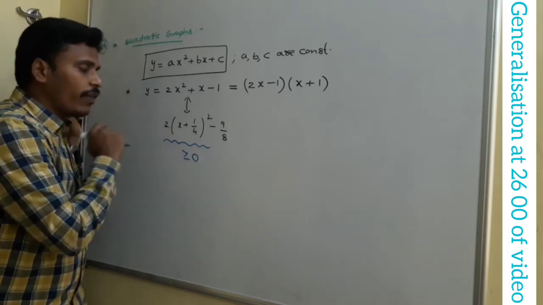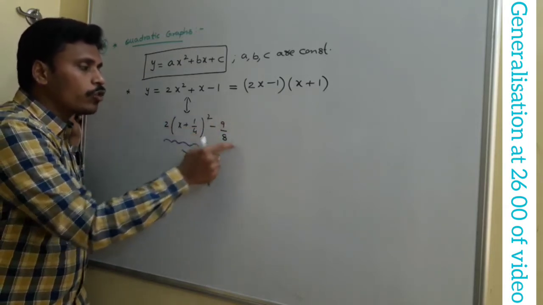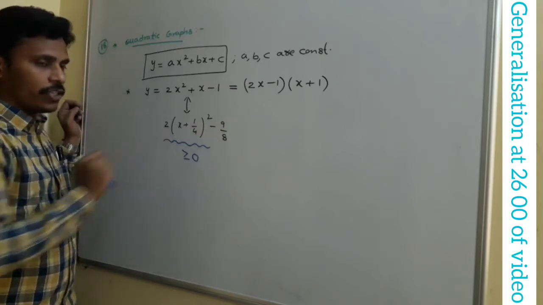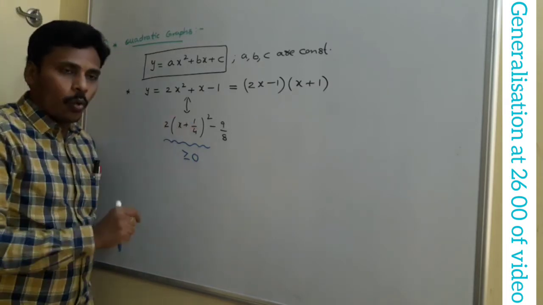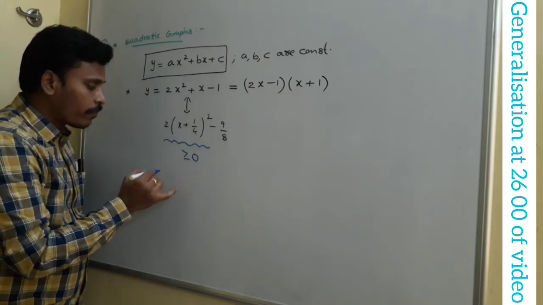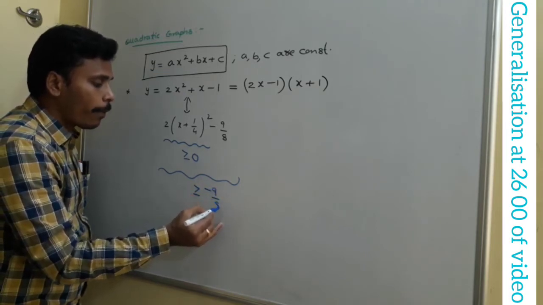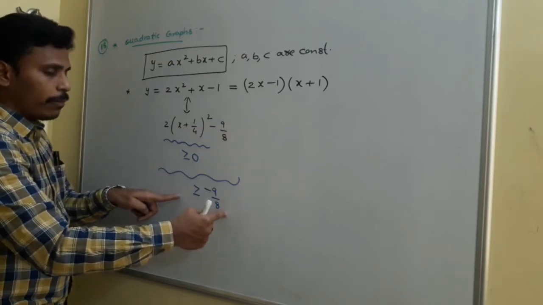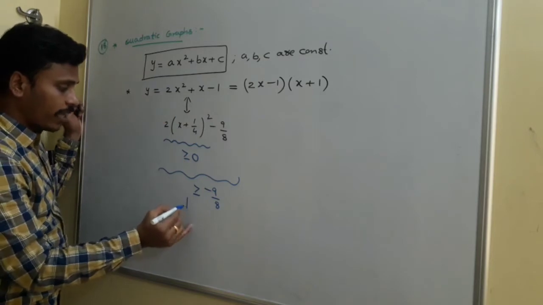What I am saying is, if x equals minus 1 by 4, for sure it is 0, right? And in that case, the value is minus 9 by 8. And for all values other than minus 1 by 4, it is a positive quantity, and to that positive quantity we are adding minus 9 by 8. Overall, this is greater than or equal to minus 9 by 8. That means the given expression is greater than or equal to minus 9 by 8.